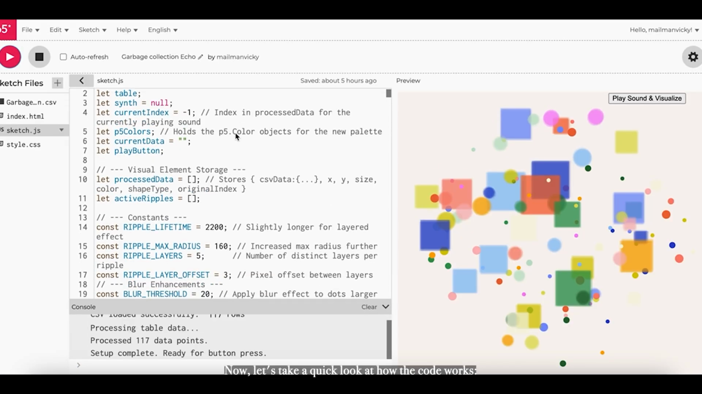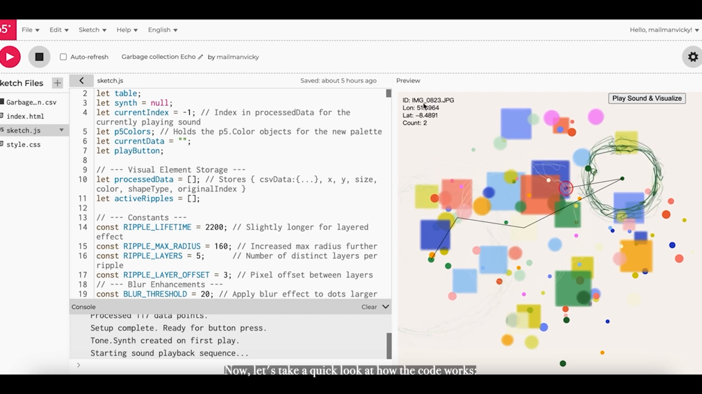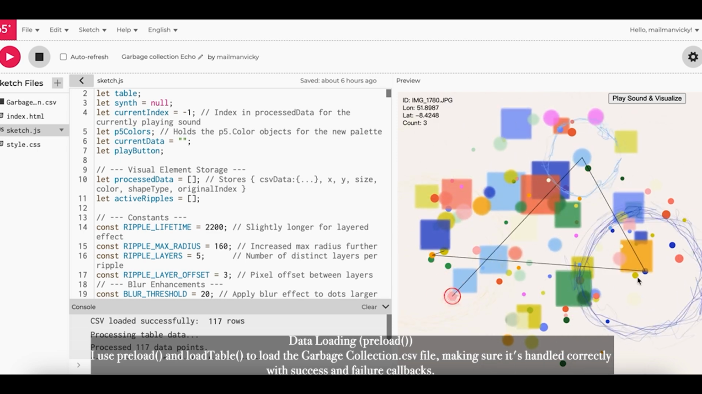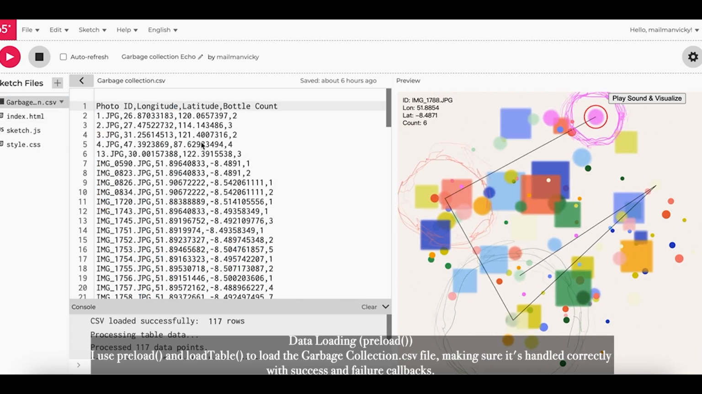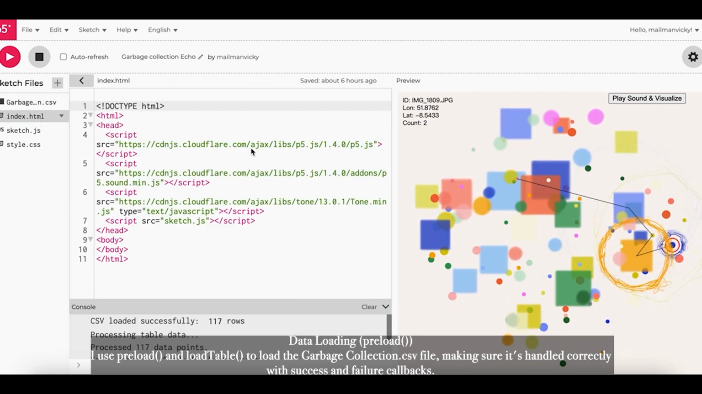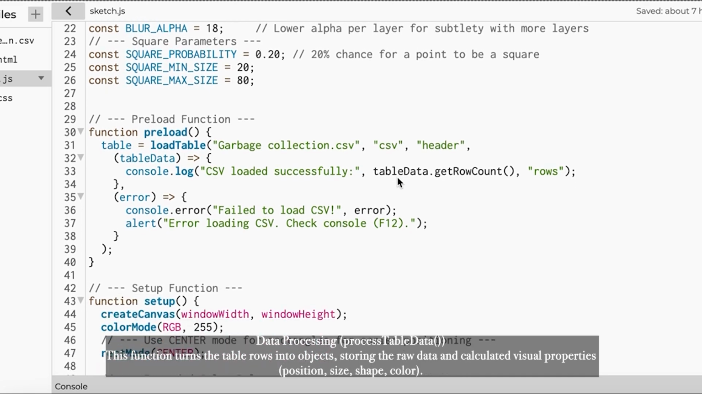Now, let's take a quick look at how the code works. First, data loading. In preload, I use loadTable to load the garbage location.csv file, making sure it's handled correctly with success and failure callbacks. Second, data processing. The processTableData function